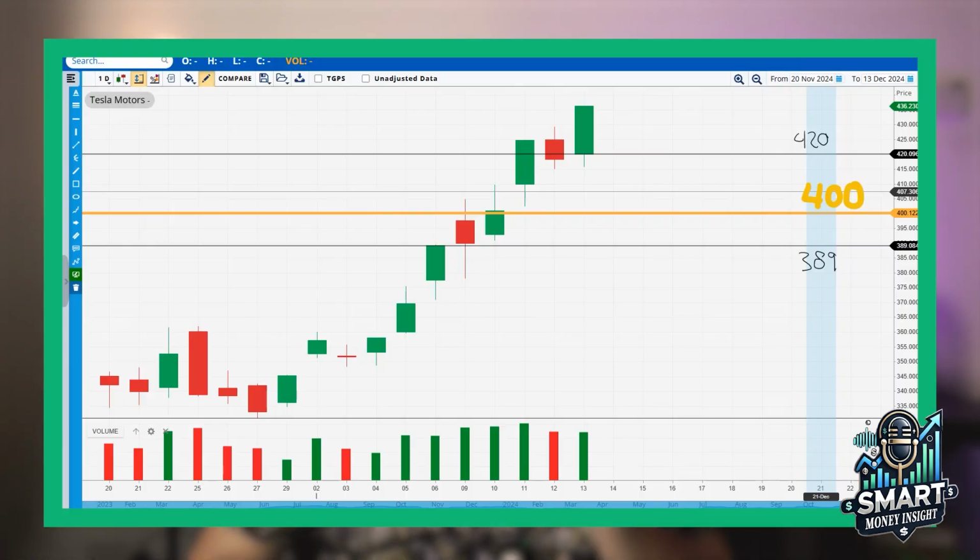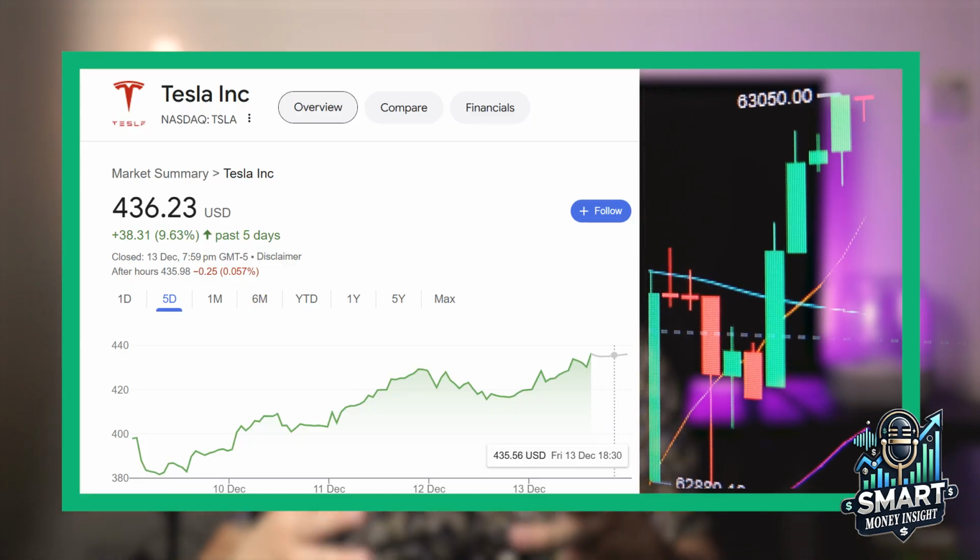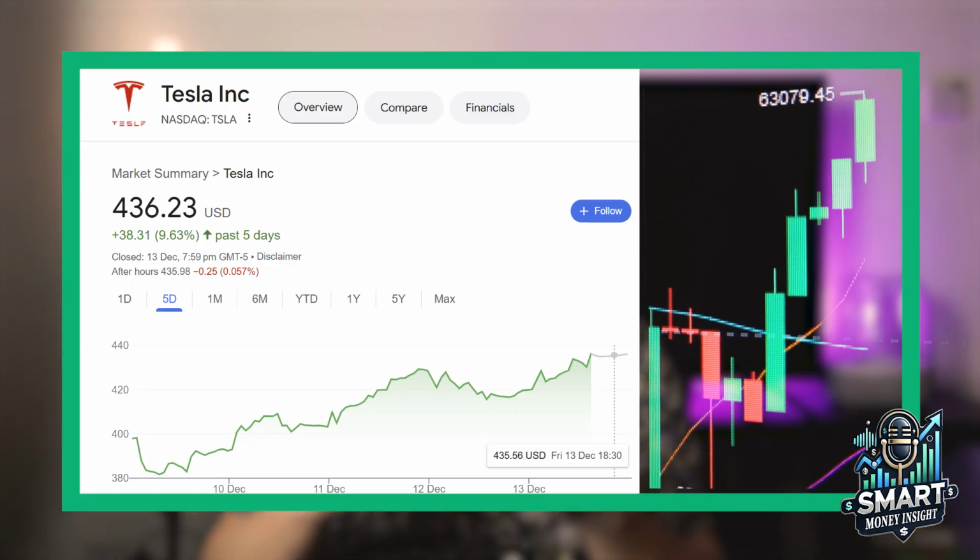Well, when the video was released, Tesla price was about $389, and I did mention it would break above the 400 price, and this will further trigger a surge that could take it up to about $420 price range. And sure enough, that's exactly what happened, and this offers an easy 8% return for those who bought the stock back then. But now, as you can see, Tesla price is still climbing up, and many are asking me,